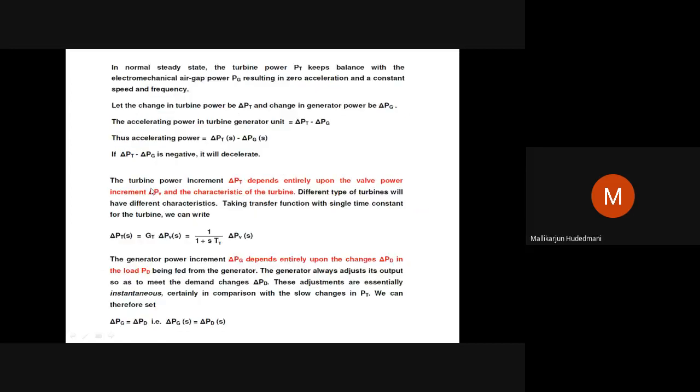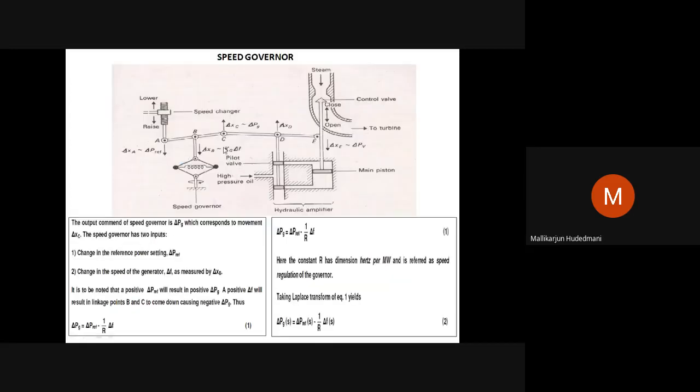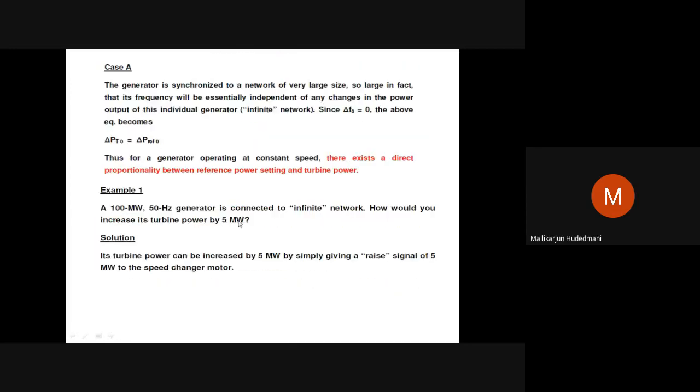It means I go back and show you. So there is no turbine operation, no governor operation. Governor is null. An increment of 5 megawatt means an increment of 5 megawatt command here only. You command here, it will act here. You decrease, there is a decrement command, decrease this. It means governor free operation. When the generator is connected to an infinite bus, infinite network, this is the change. So 5 megawatt mechanical input,